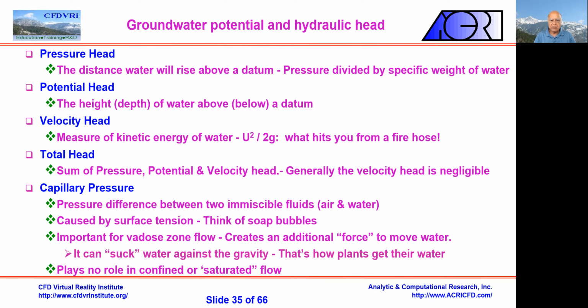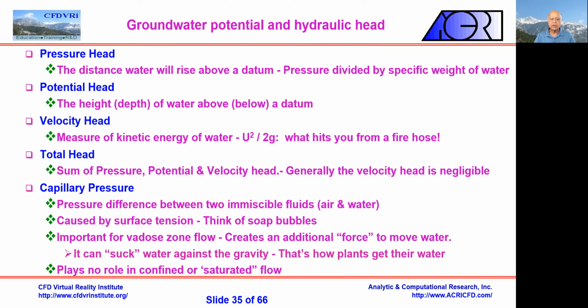Okay. Now, there is one more thing that comes in, which is the capillary pressure. When we have two immiscible fluids, air and water, they form a contact surface because of surface tension. It has a capillary pressure of its own, so the pressure is not equal on both sides. It may be very small, but there is a difference. That difference is called capillary pressure, and that small difference can be very, very important.